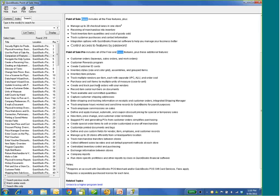So if you're wondering, when you get certified for point of sale, if you're going to go there, you actually get a free point of sale Pro, so you can use the Help Center a lot when you're trying to consult, on a call or something like that. And then point of sale Pro allows for multi-store, managing up to 20 stores, and transfer of product between the stores. So that's a nice segue into